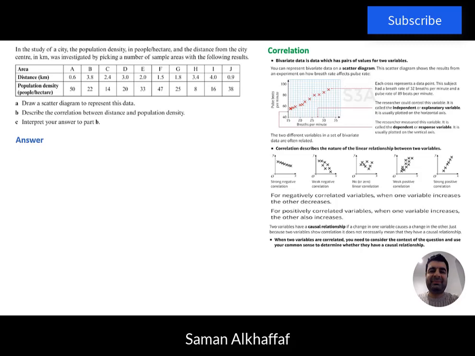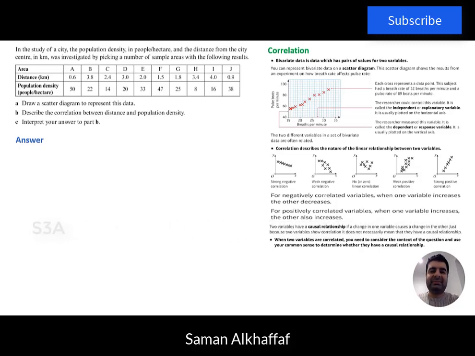In this example, in the study of a city, the population density in people per hectare and the distance from the city center in kilometers was investigated by picking a number of sample areas, with the following results. So we have a table that shows areas from A until J, and we